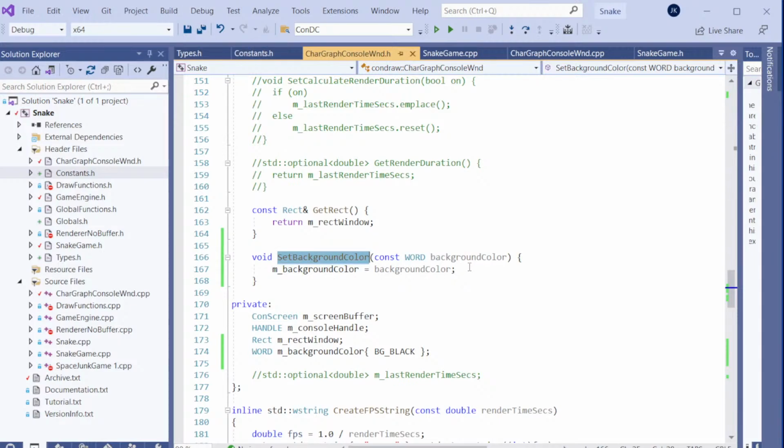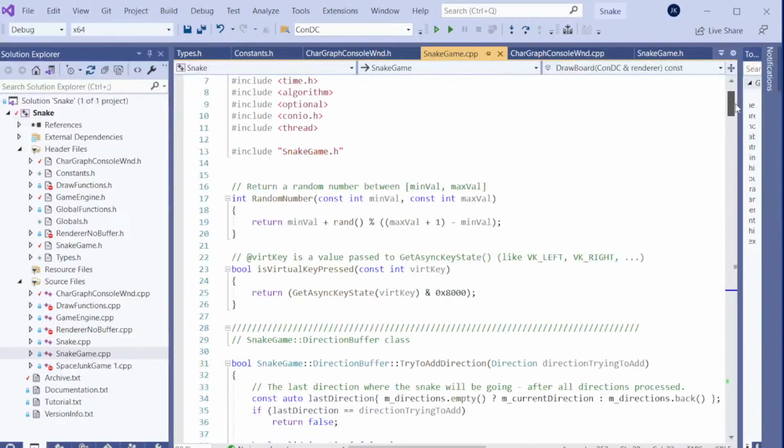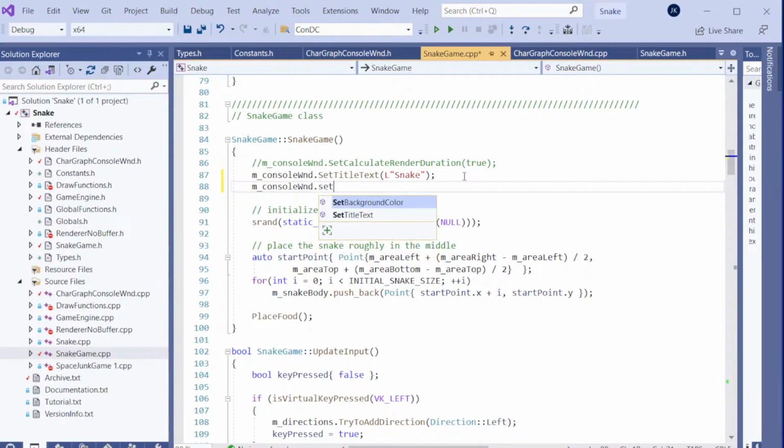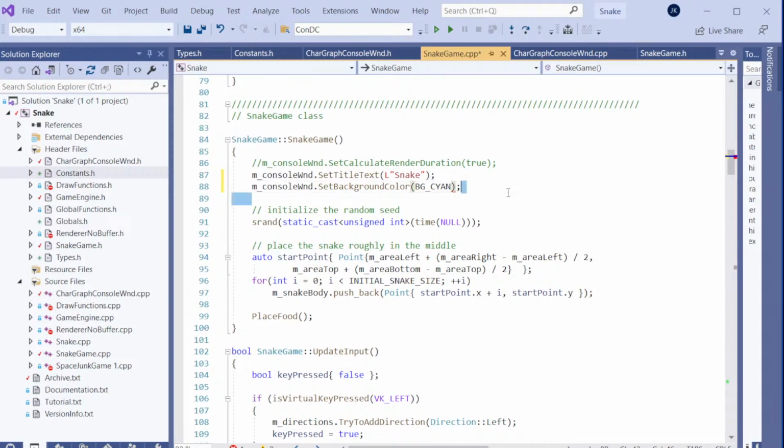Okay, and in this game we want to actually change the background color. So I'm gonna call that background color in the game. So let's go to the snake game initialization section, which is here. So console window, so here, set background color, it's gonna be that cyan, background cyan, that one. Okay,